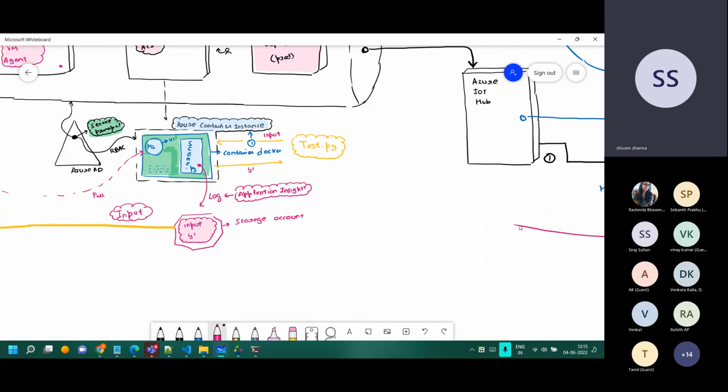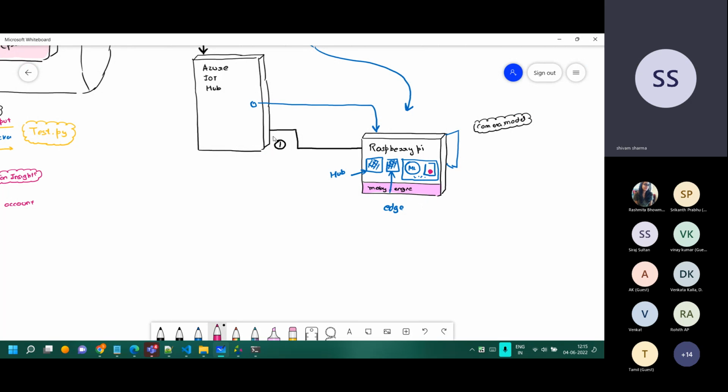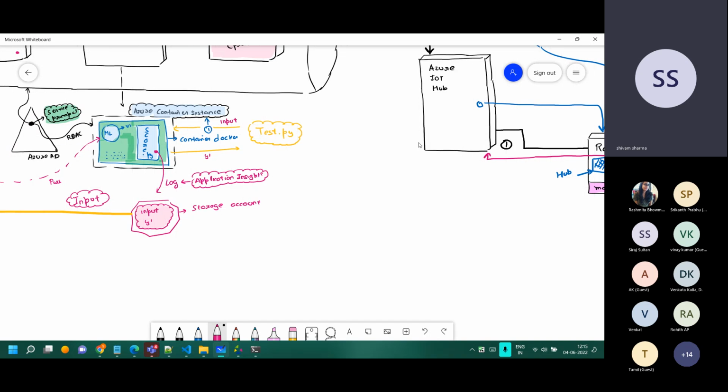So the logging of the data, the same concept which we have used earlier, is going to log the information. It basically pushes it back to the IoT Hub, and then the IoT Hub is the one from where we get it. It goes here, and then we enable the logging. That's how we will come to know that it got logged.